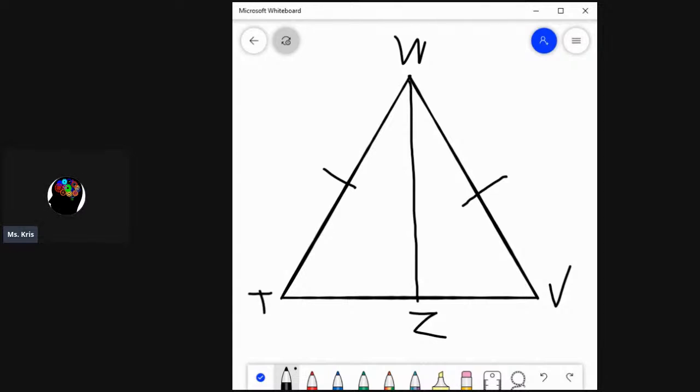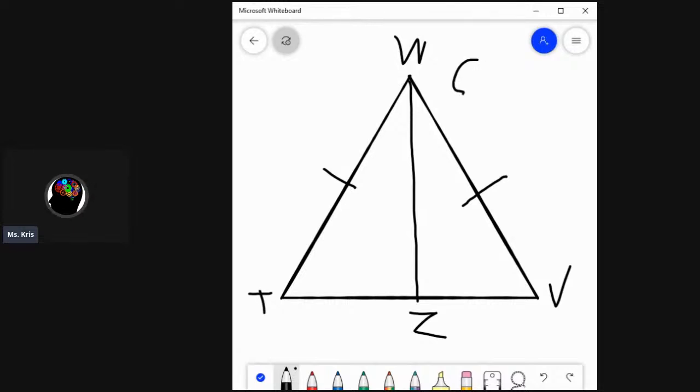So if WZ bisects TWV, we can prove that TZ and ZV are congruent based on CPCTC,